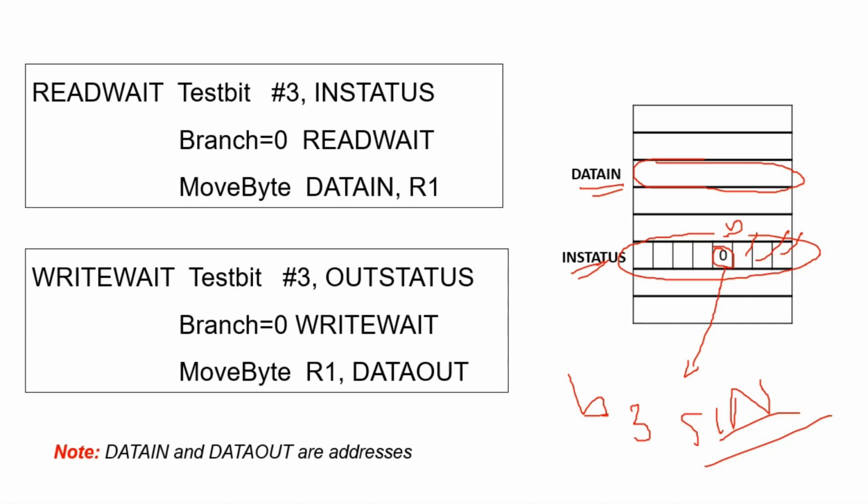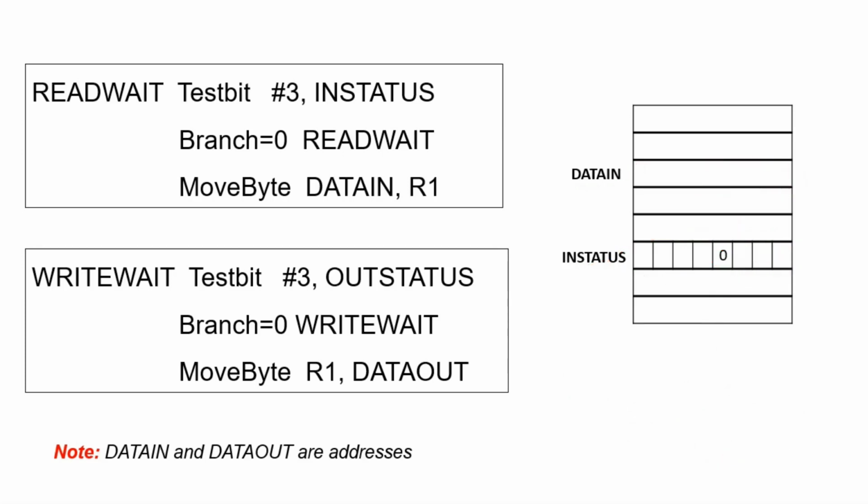Now how does the processor read this data? How do we write the code or program for this? That's very simple. Here is the code to read the keyboard when it is memory mapped into the processor. Initially I'll read the entire byte from address in status. Here there is in status, you can see, and I will check the B3 bit, that is the third bit, B0, B1, B2, B3, which is SIN. So I'm testing the B3 bit in the status address.